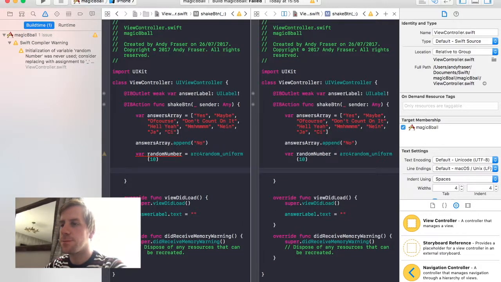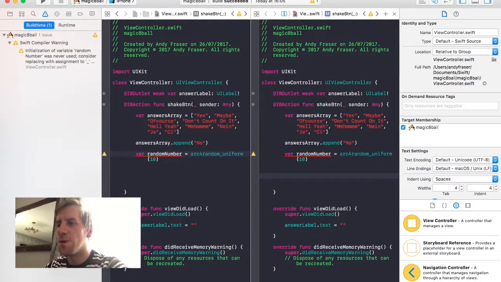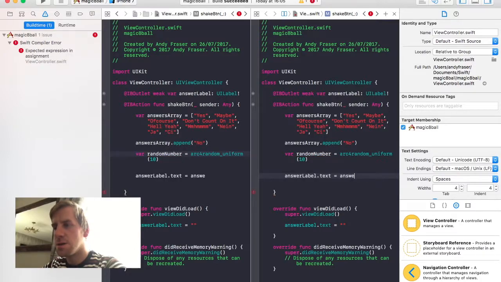And then we get the number, whatever that random number says. We're going to use that number to get the item from the array which corresponds to that number. We're going to put whatever comes out into the answer label.text. So we say answer label.text equals, and then we want it to equal an item from the answers array, and the item that we want to set it to is whatever item is in the place of the random number. So if we say in here answers array, random